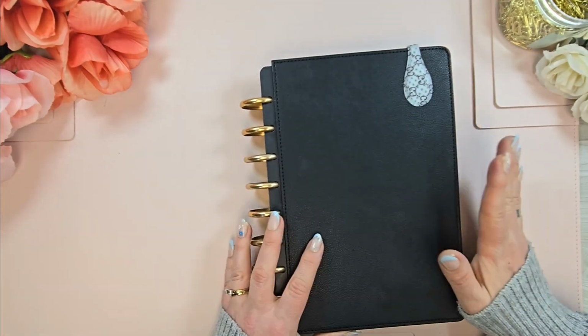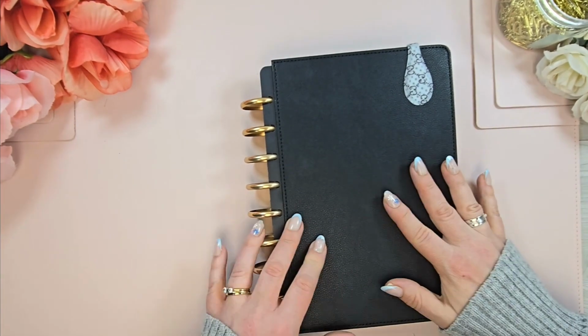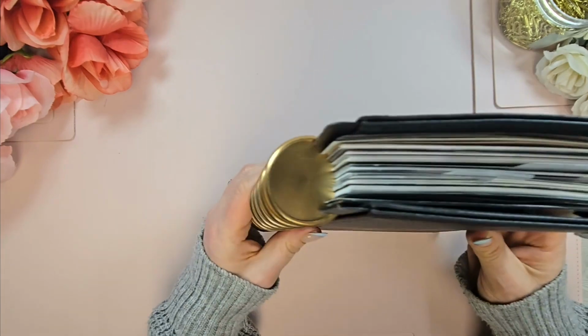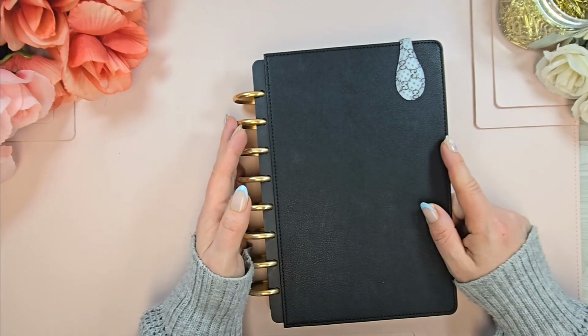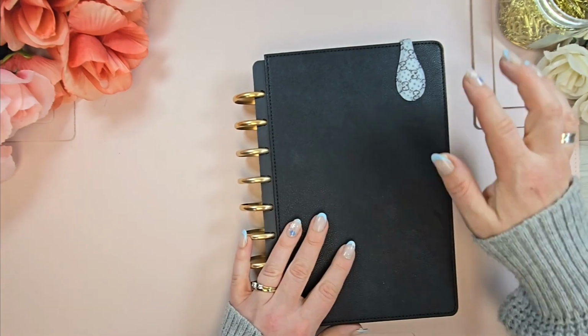So anyway, just briefly, I have a vegan leather snap-in cover on here. Unfortunately, you can't get this snap-in anymore, but they have many others. I have 1.5-inch gold discs, and also you cannot get these. So sorry, but they do have them in 1.25 inches and 2 inches. This is an